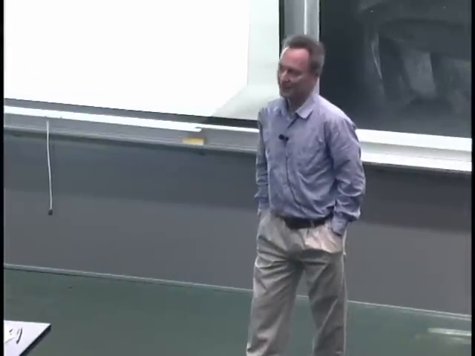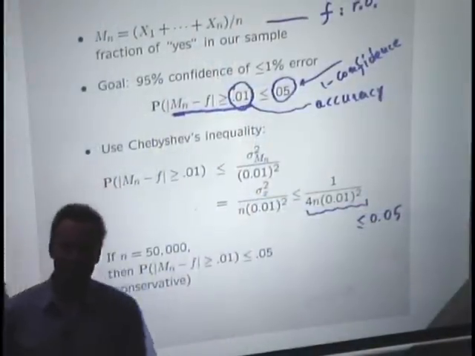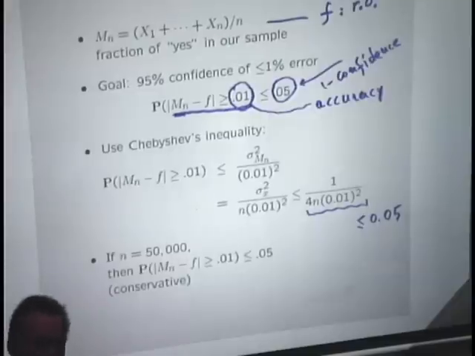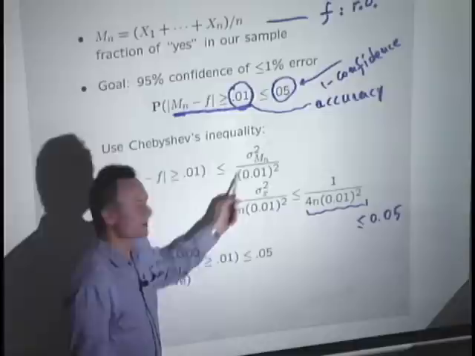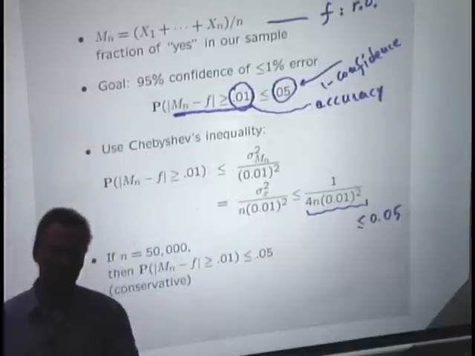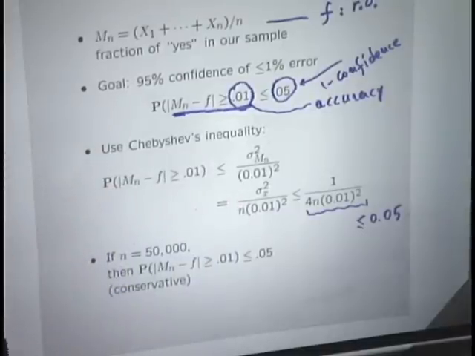That's too much. So where can we cut some corners? Well, we can cut corners basically in 3 places. This requirement is a little too tight. Newspaper stories will usually tell you we have an accuracy of plus or minus 3 percentage points instead of 1 point. And because this number comes up as a square, by making it 3 percentage points instead of 1, saves you a factor of 10.